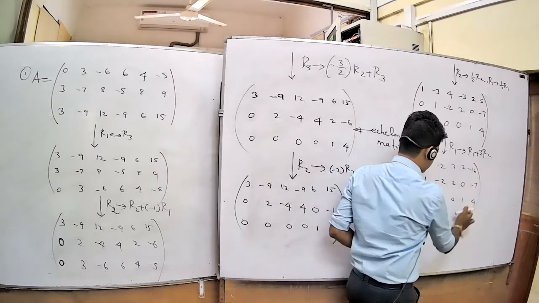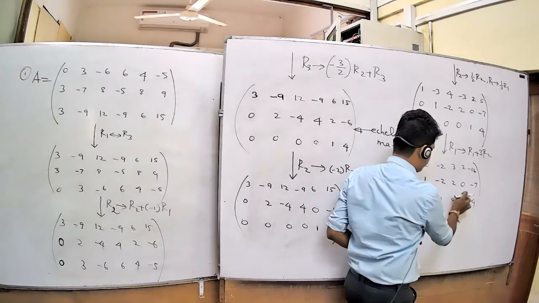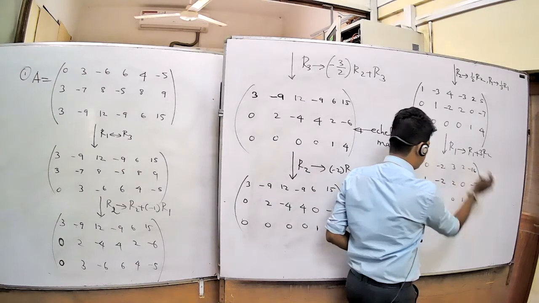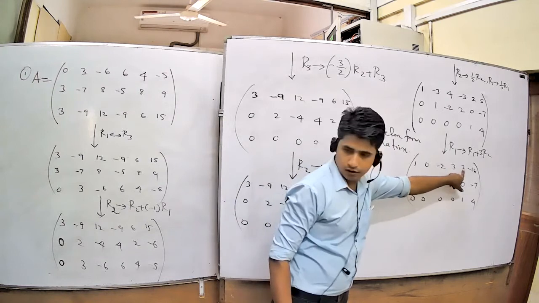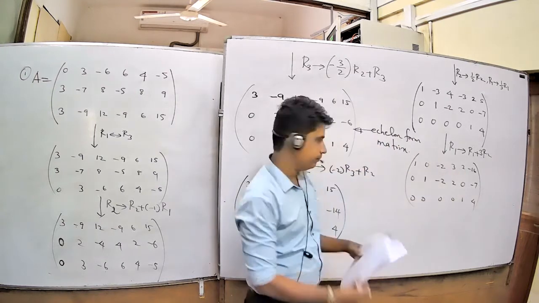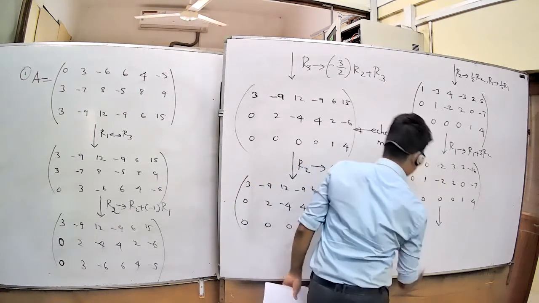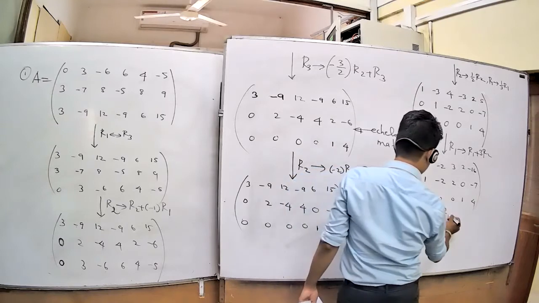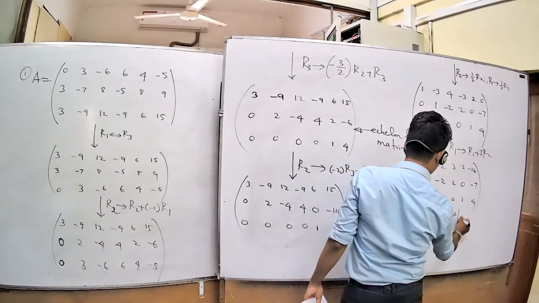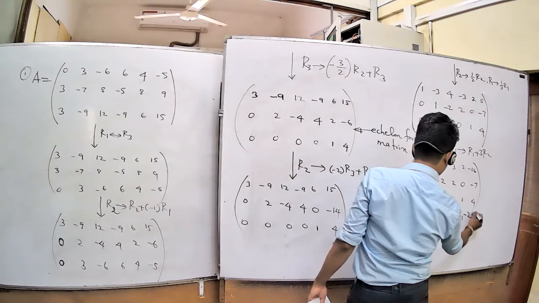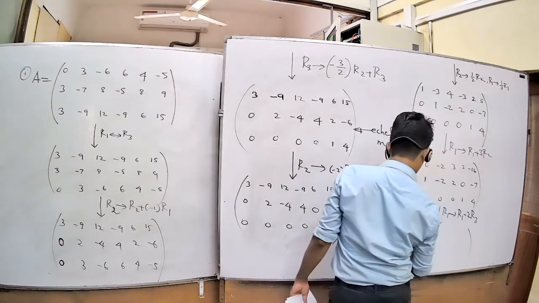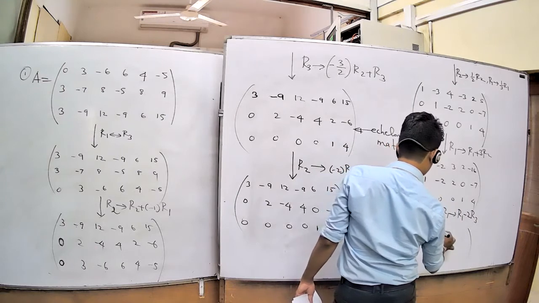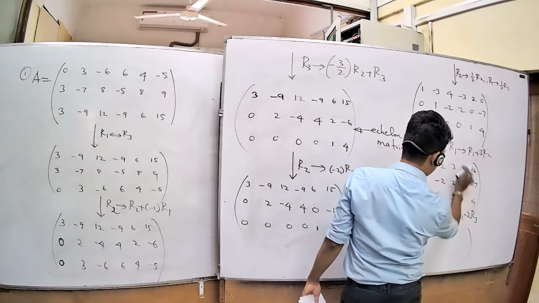Here in the third row, you have the leading entry, therefore you want to get 0 values here. That is your already echelon form. Therefore you want to create 0 values here. For that part, you can do another row operation. Which row operation can you do? R1 replaced by R1 minus 2R3. 1, 0, minus 2, 3. Here, minus 2, 2, 0.